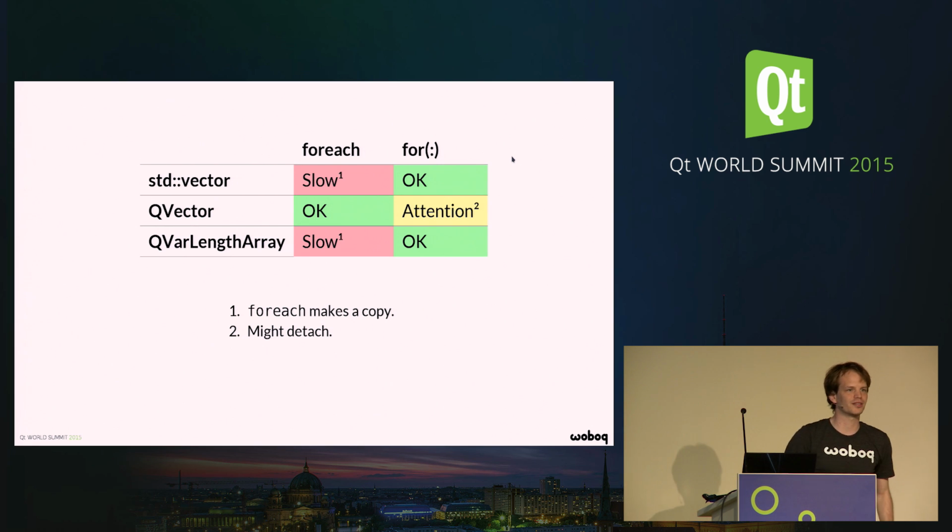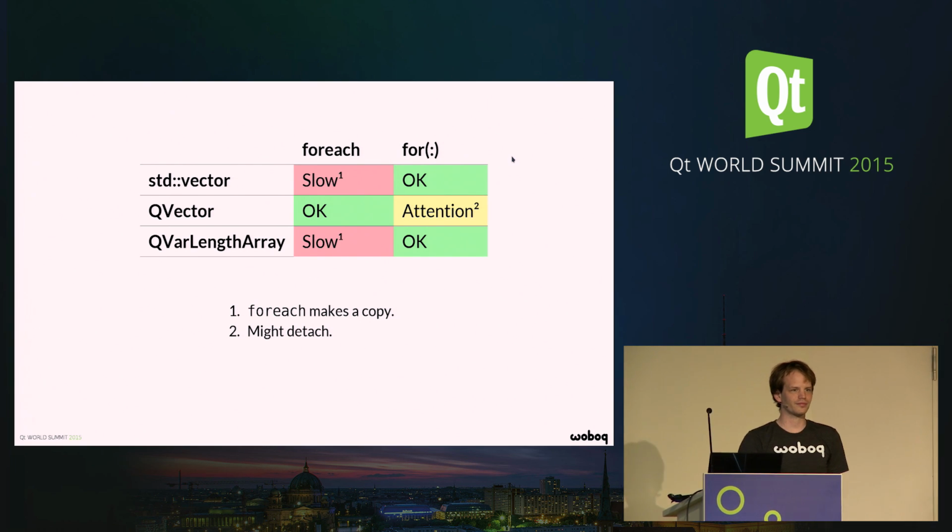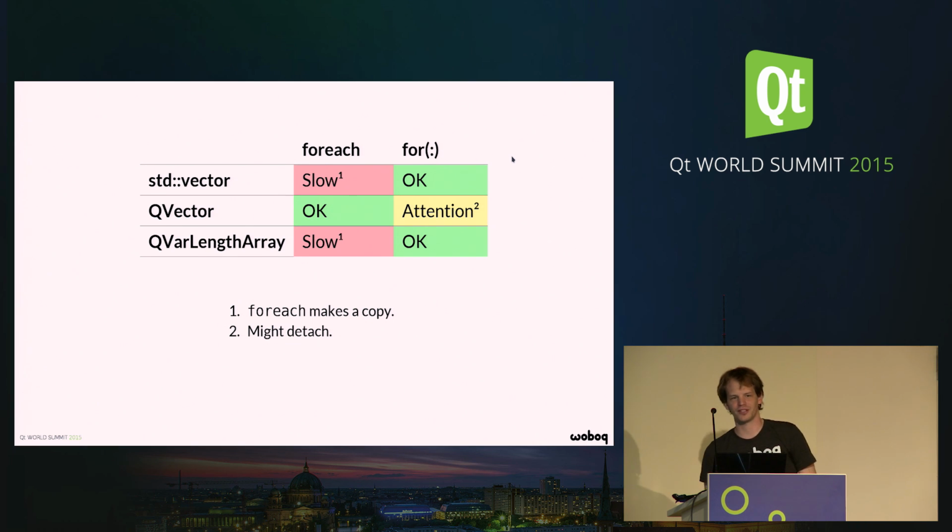There's another question? You said that foreach makes a copy of the container. Yes. So if you make a modification on the vector, the modification will be made on the copy of the original container. Correct. So the question is whether, if you make a modification in the container within the loop, the modification will be made on the original container. Say you reference your original container in your loop and modify anything, then it will be modified on the original container and the iteration will not be